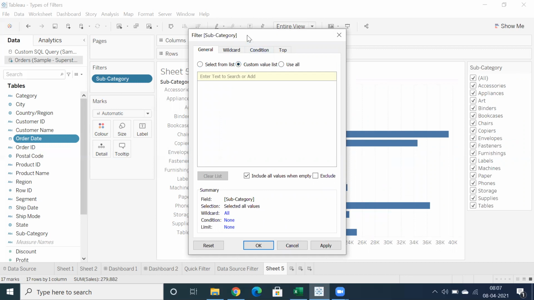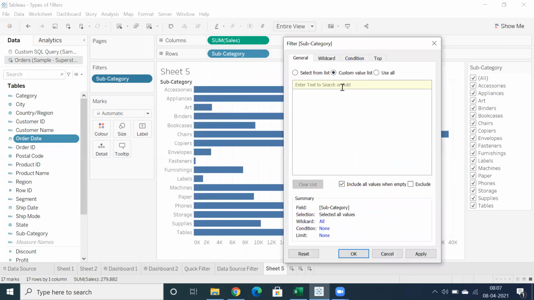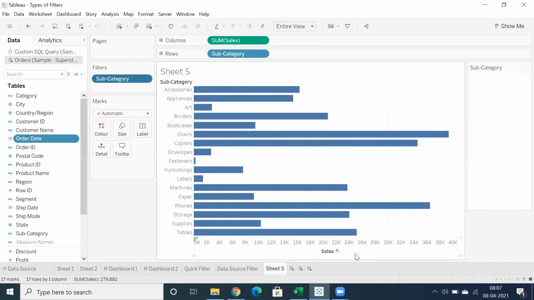Basically, we don't prefer this kind of filter in real time, custom value list. You can ask why. I'll showcase the importance of custom value list, but not in filters; we can use that in parameters in one of the cases. It's interesting.